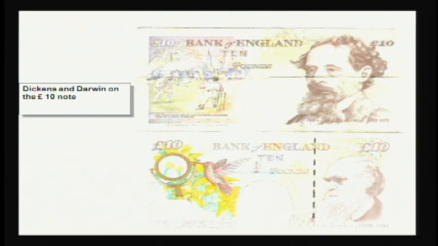The issue here with these 2-pound notes was in about 2003, I think it was, Darwin replaced Charles Dickens on the 10-pound note. And I think that's kind of interesting. The first time I heard about it, I was in a pub in England near the Natural History Museum, and the guy who was telling me about it said, well, the public thought that Darwin had a better-looking beard than